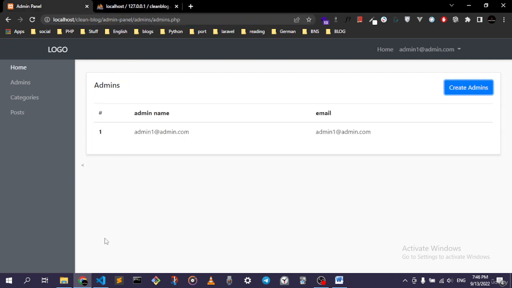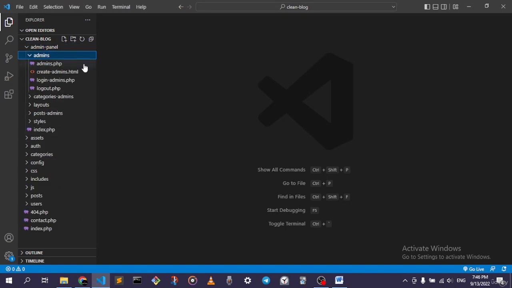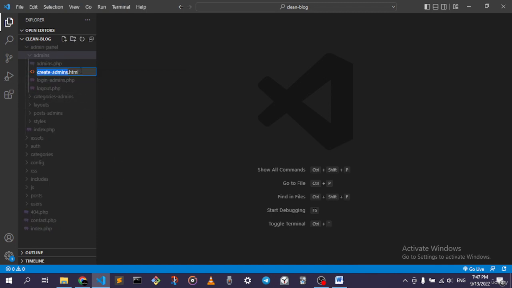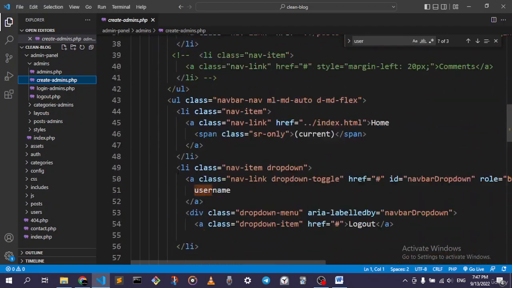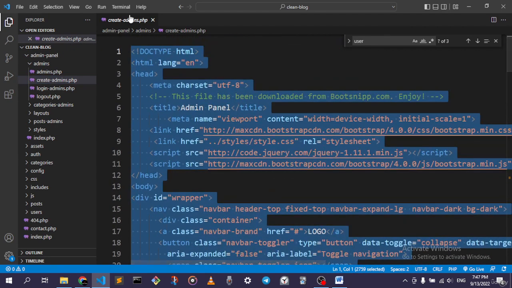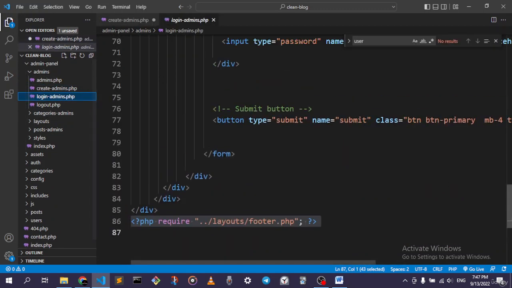So if we go down over here, and go to admins, we have this one, create-admins.html, and if we rename this, we need to change it to PHP. Okay, so it's totally empty. So if we go down here and pick up our own header that we have down here, logins,